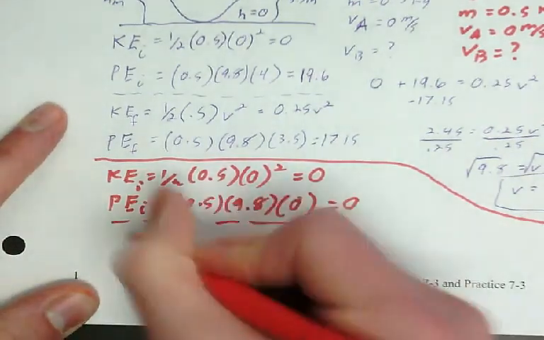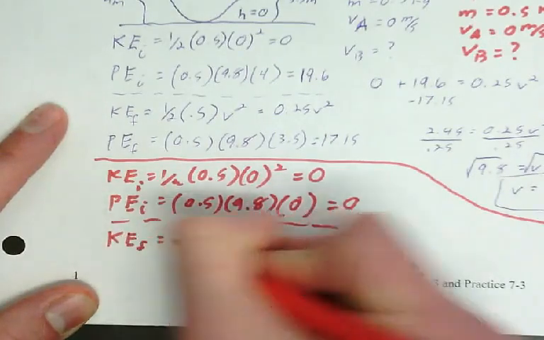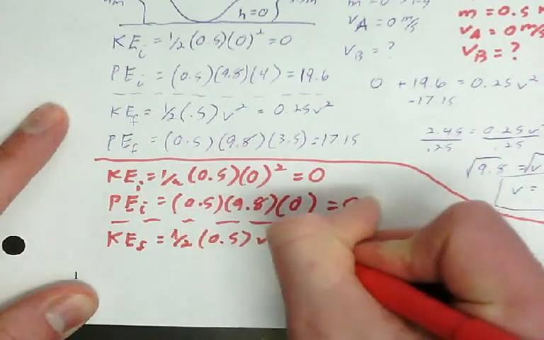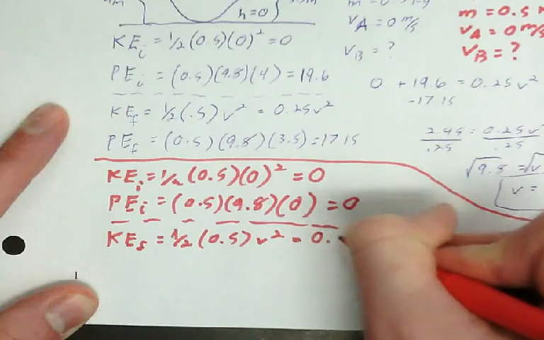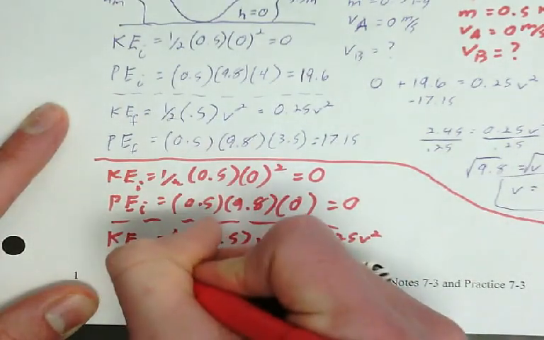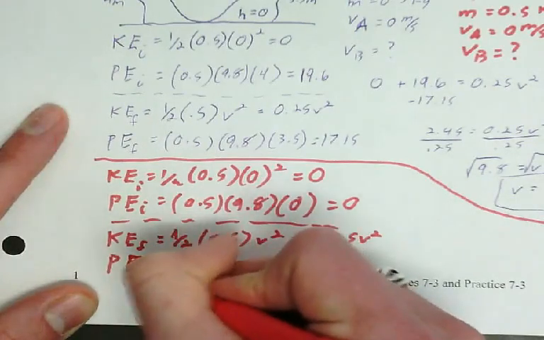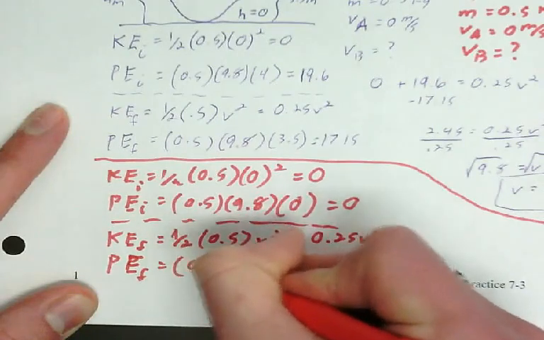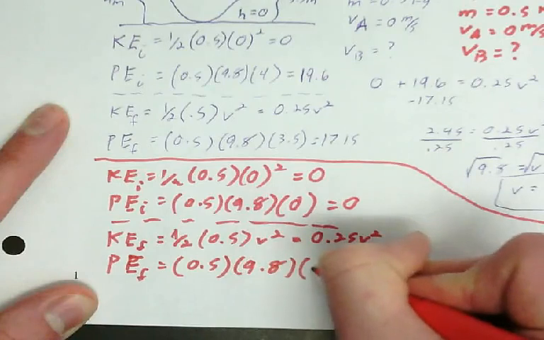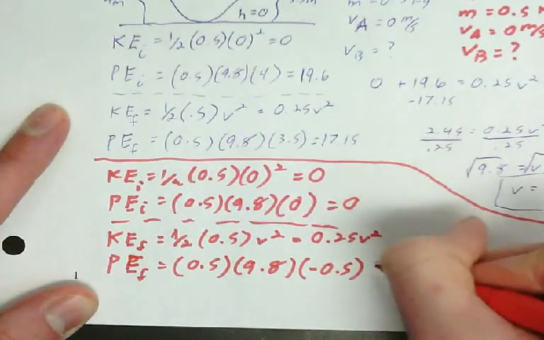Okay? Do my final kinetic and my final potential. My final kinetic is still 1/2 mv squared. That hasn't changed, so it's still 0.25 v squared. And my final potential energy is going to be different. It's still mgh, but the h is negative 0.5 this time. So that's going to give me negative